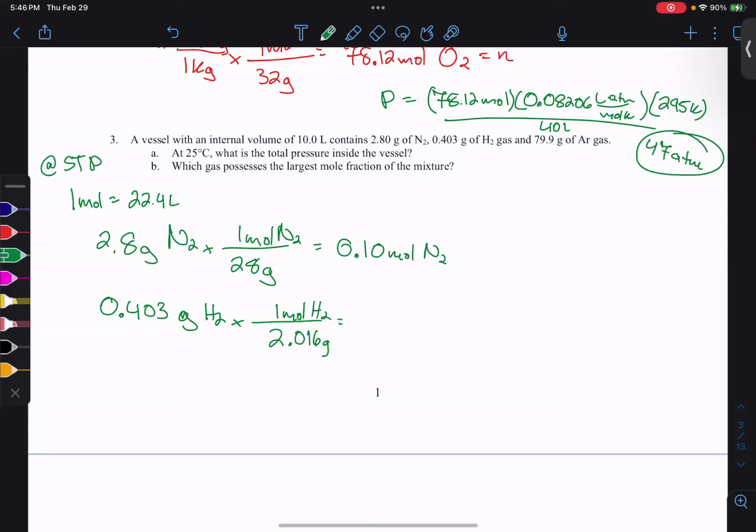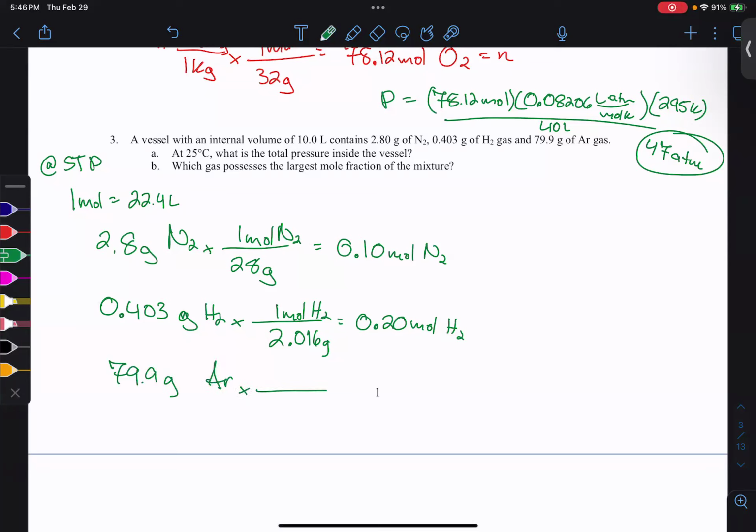So these are all things from midterm 1, like mole conversion, so still very important now. So there's about 0.2 moles of hydrogen gas in this sample. So we see that hydrogen is going to contribute twice as much partial pressure than the nitrogen sample, if we wanted to convert those into partial pressures, because there's twice as many hydrogen particles present in this sample. And then finally, argon, which is about 80 grams,